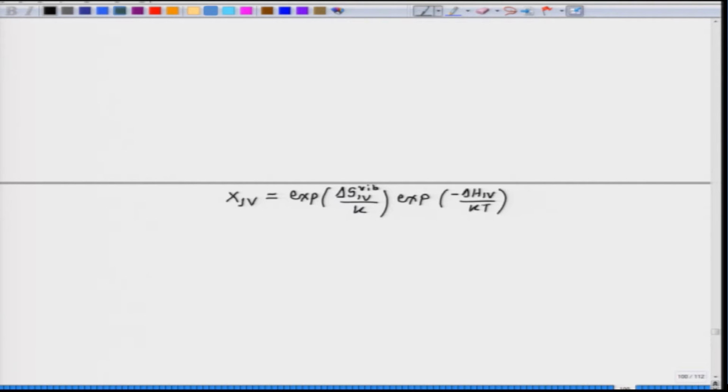Now, it should be noted, when we use these quantities delta H and delta S in terms of per mole, then we need to replace k with the gas constant R. Now, let us go over some of the techniques which can be used for measurement of these various parameters x1v or delta H1v. The first of these techniques is called differential dilatometry